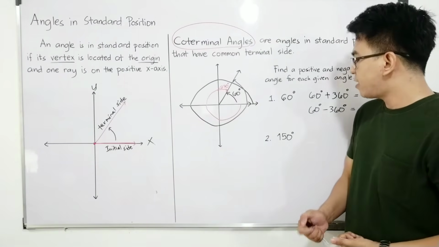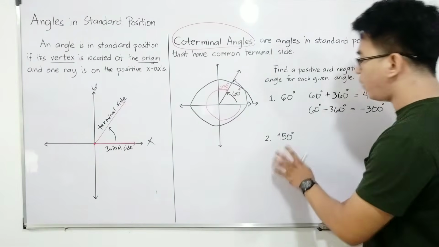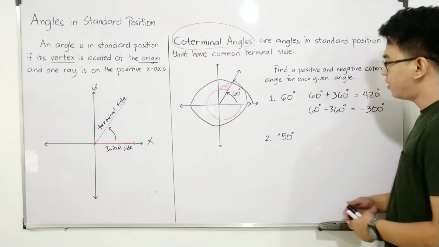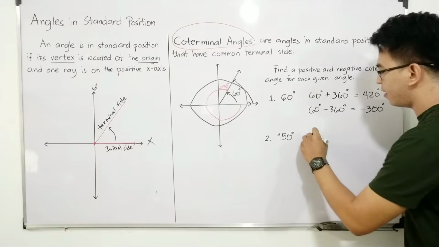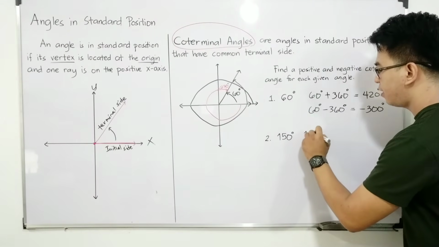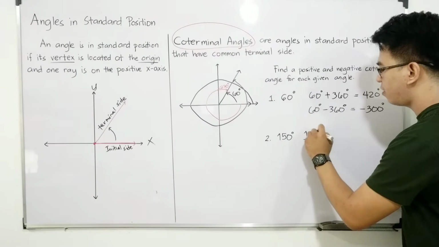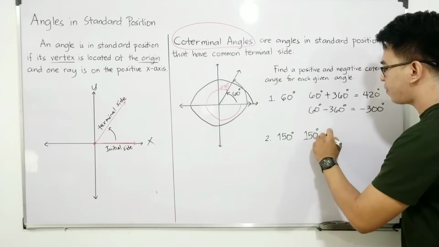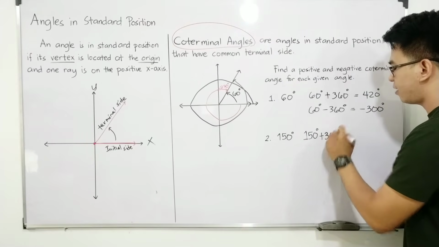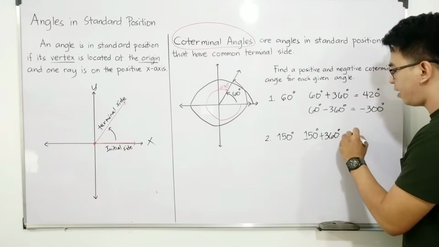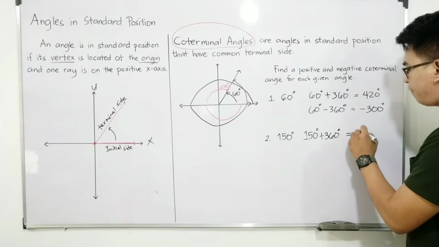Find the positive and negative coterminal angles of 150 degrees. So gagawin natin dito, we will add 360 degrees to 150. So this is 360 degrees. 150 plus 360. This will give us the answer of 510